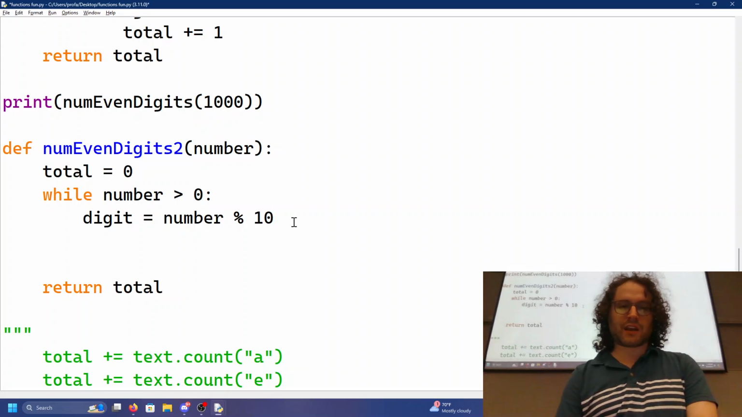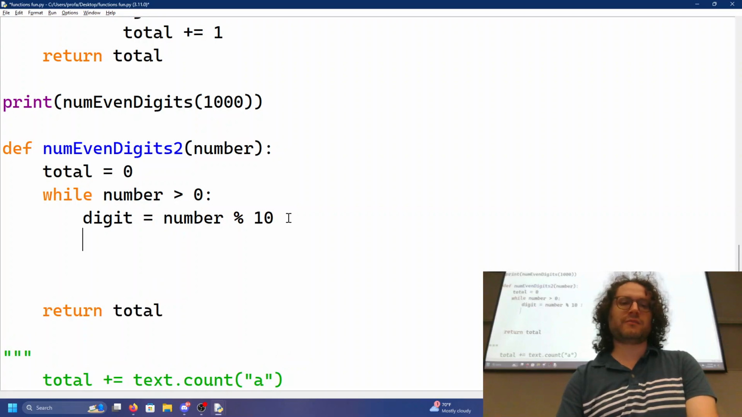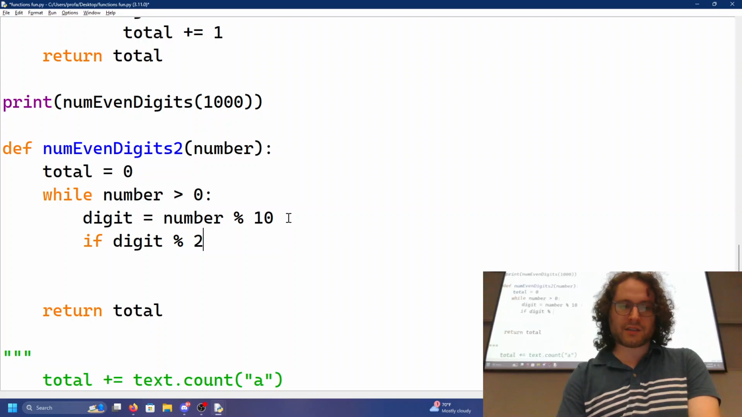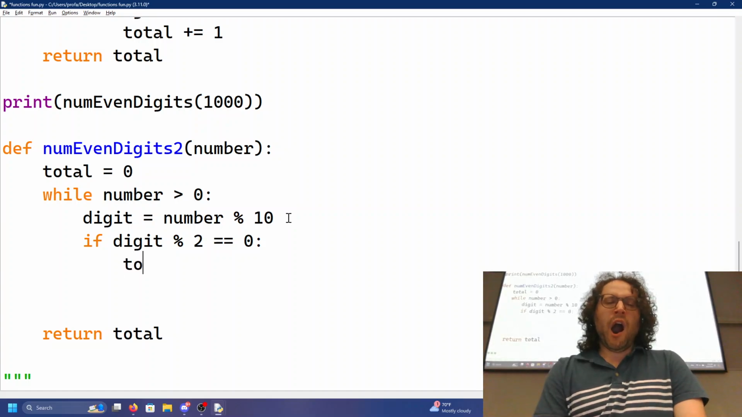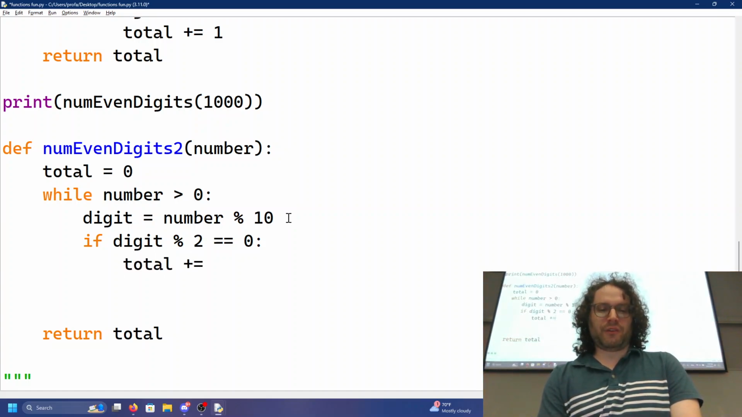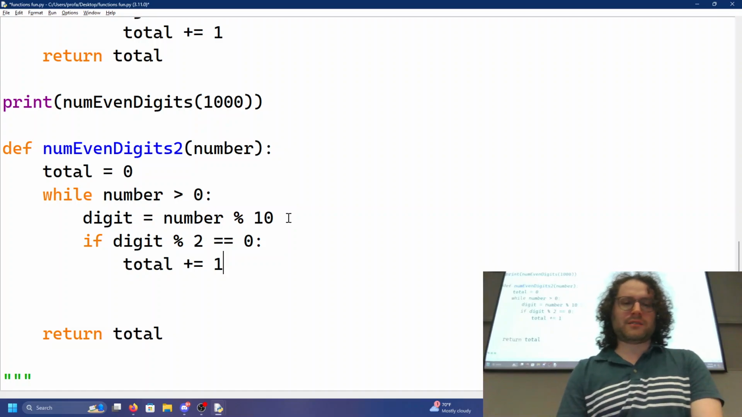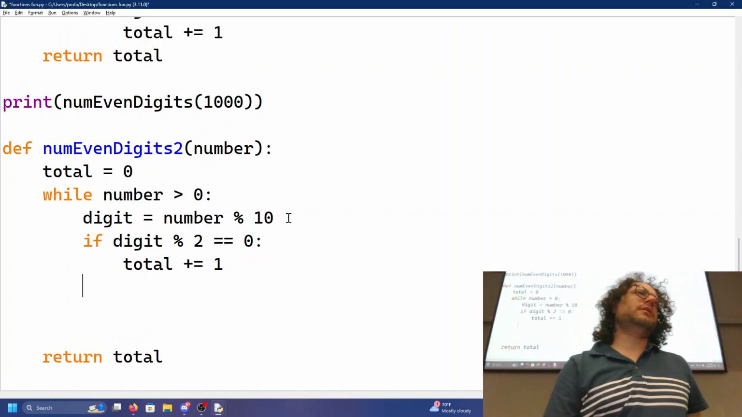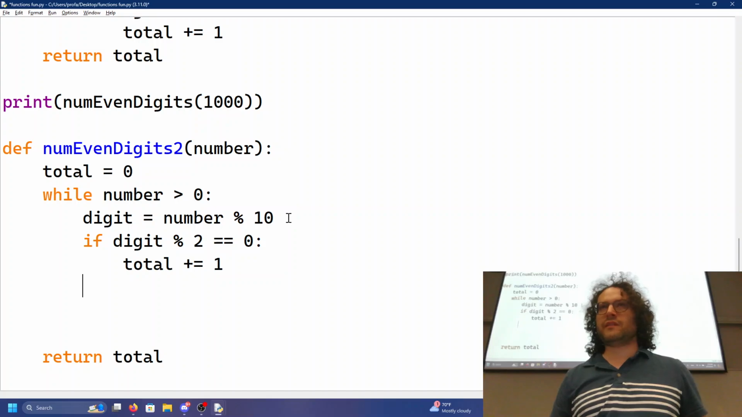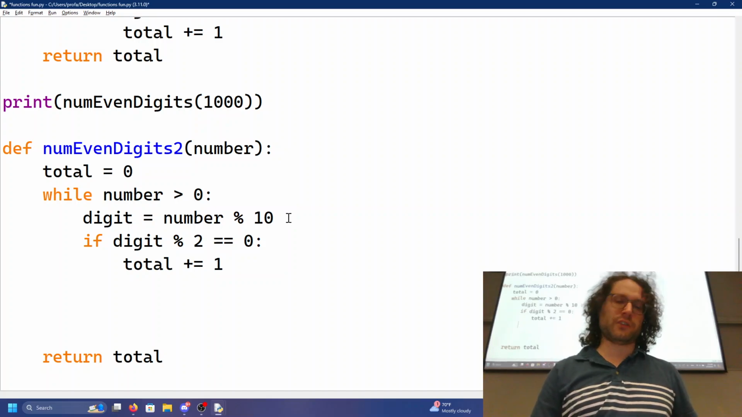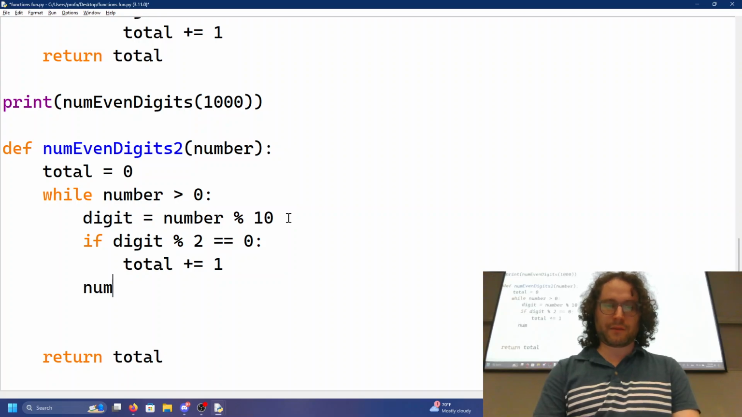Okay? So then I can ask myself the same question we were asking earlier. If digit mod 2 equals 0, if it's even, total plus equals 1. We're going to increase total by 1. Now, how do I move on, now that I'm done with the ones digit? I'm going to move on to the next digit for the next iteration of the loop, which is I'm going to say this: number is equal to number